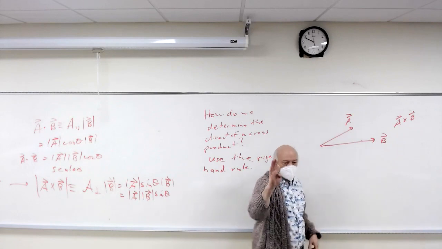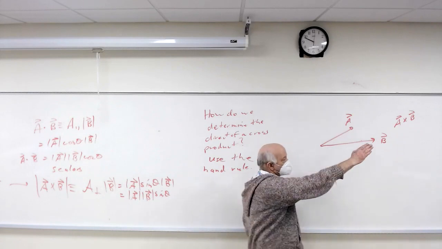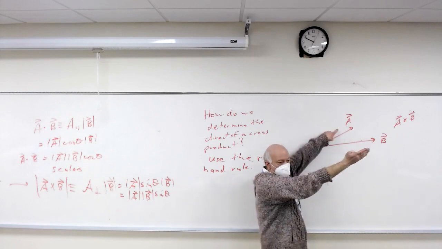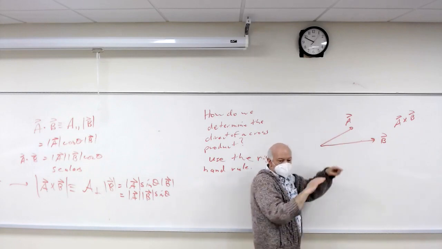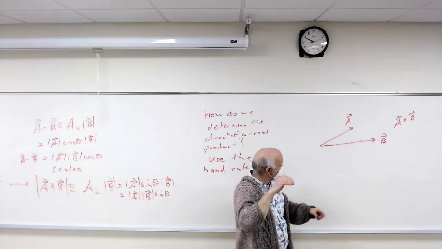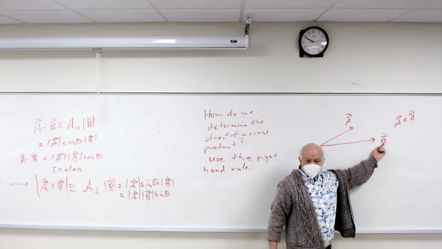So if A is going this way, what way could my fingers go? Any orientation. If I rotate my hands, it doesn't matter. My fingers are pointing along the direction of A. Now, what fixes the direction of your hand? The direction of B. You have to bend them in the direction of B such that your hand doesn't hurt.